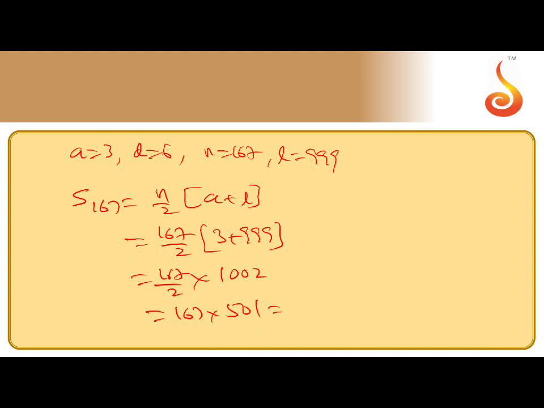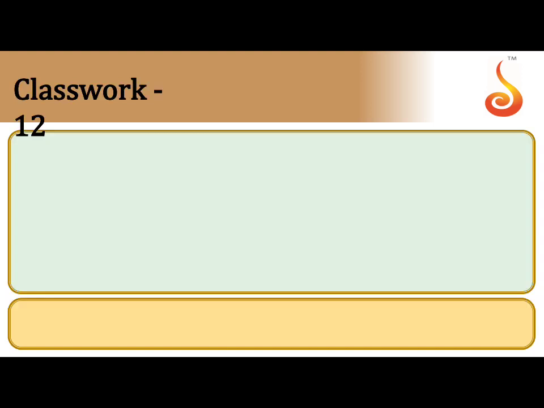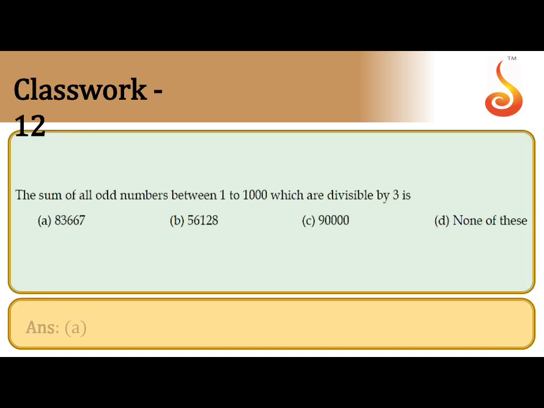After multiplication, I'll give the direct answer. You can work out the multiplication part. Some big multiplications you have to solve yourself. I'll give the direct answer. Now I hope you understand here. Calculate the n value from the last term. Once you get it, you can take Sn as n by 2 into A plus L. I hope this one is clear. Next, check the answer. Option A is correct.